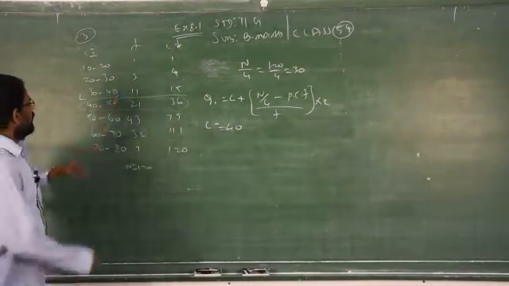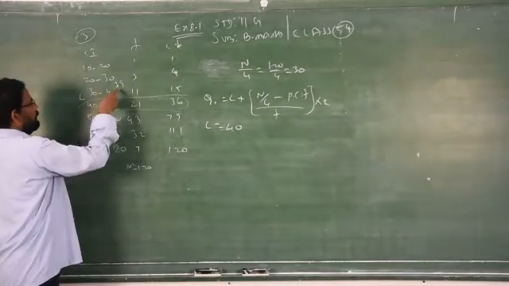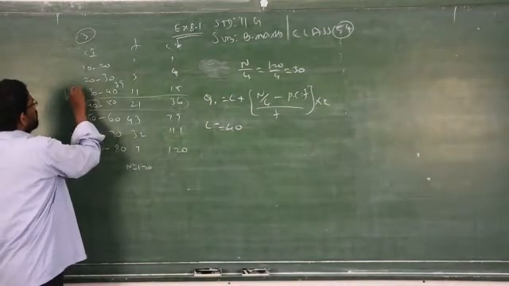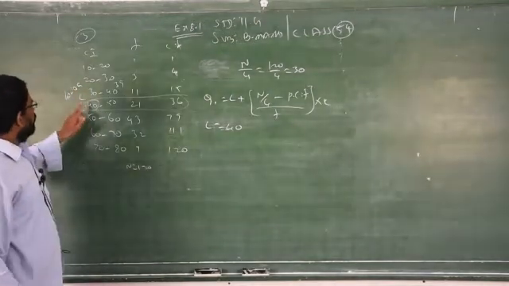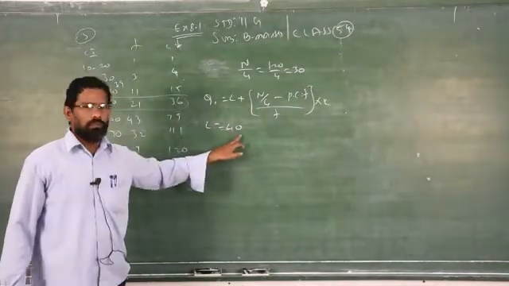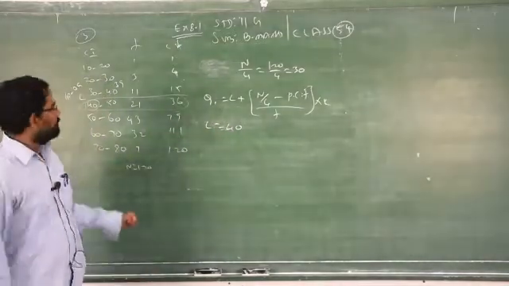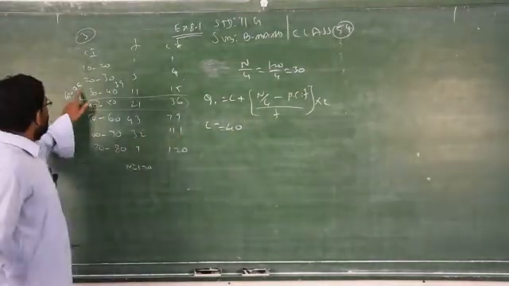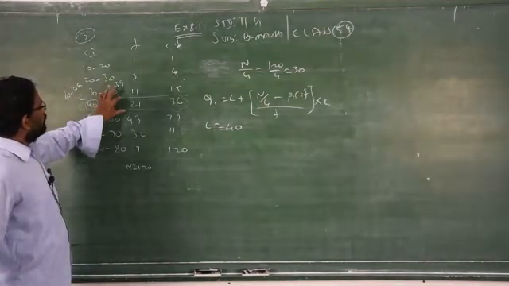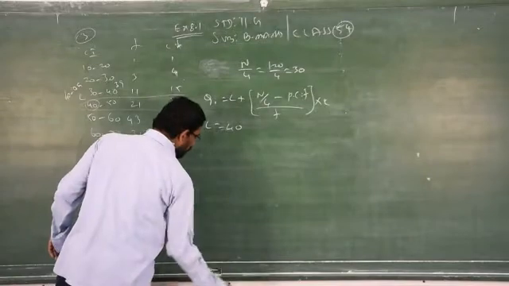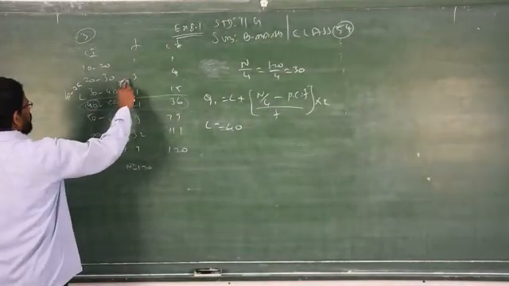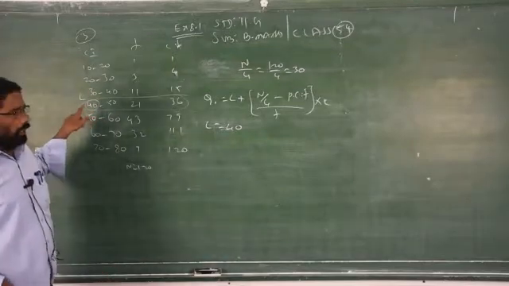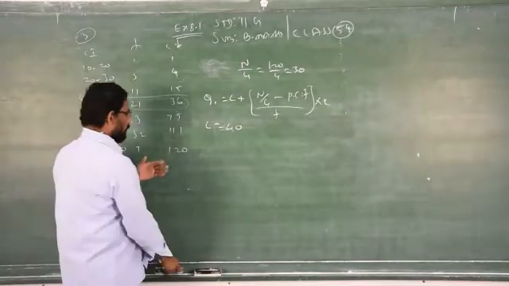Clear? Suppose if it is 39, for example, now the data are different. Here you have to subtract 40 minus 0.5. You subtract 0.5 from the lower limit. You can write L is equal to 40 minus 0.5, that is 39.5. You have to subtract only when the upper limit of the previous class is not equal to the lower limit of the model class. Here it is same, therefore no need to subtract 0.5 from the lower limit of the model class. So I can write as it is.